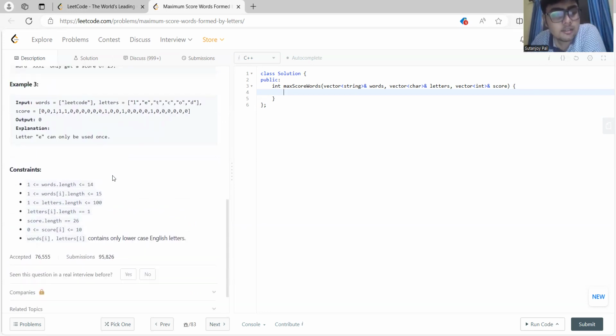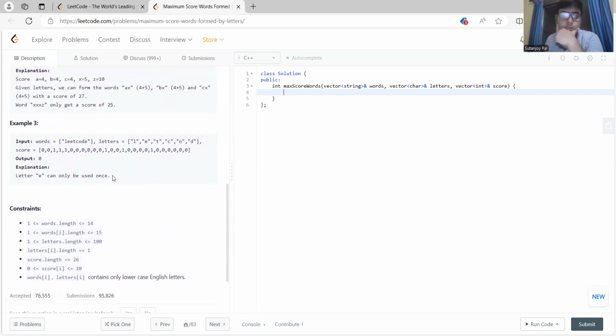No, for words, since 2 to the power 14, right? So the number of subsets of words will be around 2 to the power 14. From 2 to the power 14, first we will generate the subsets using bit masking. Followed by that, we can check if it is valid, and then we can start calculating